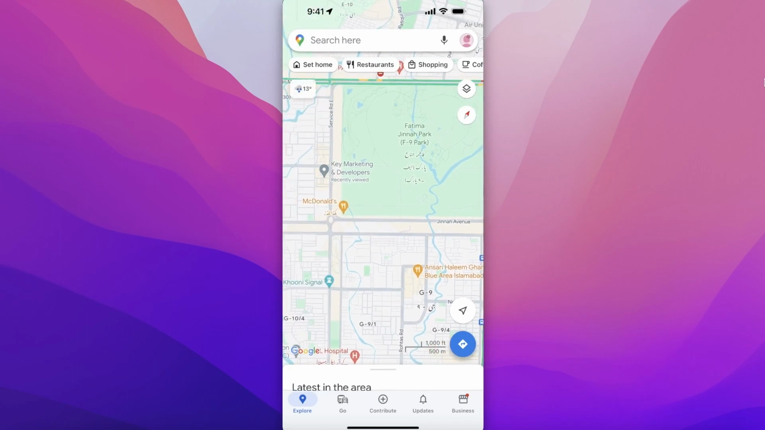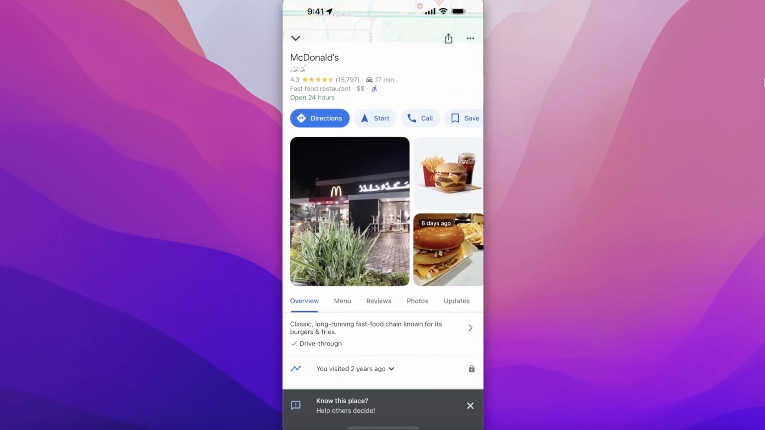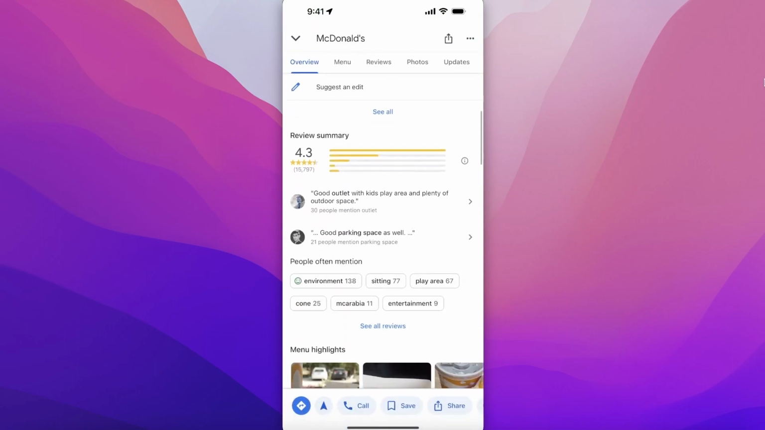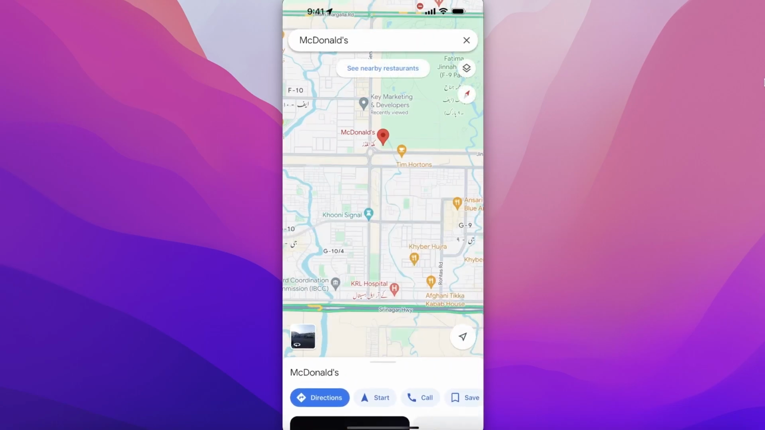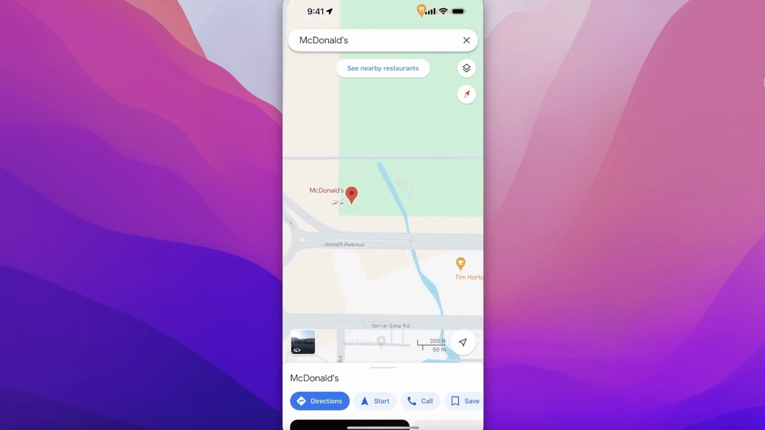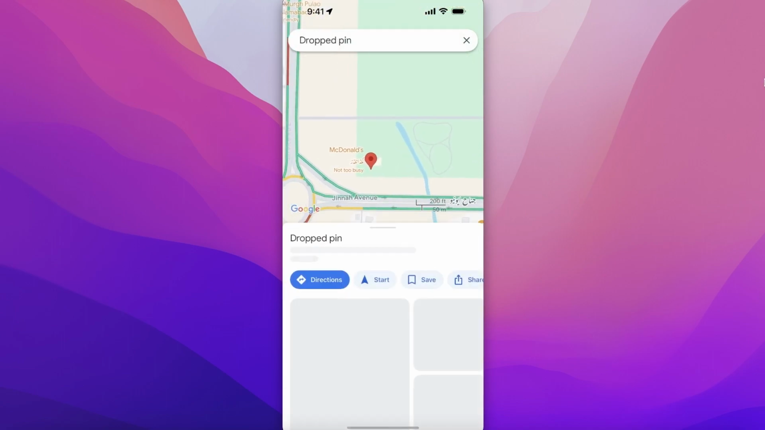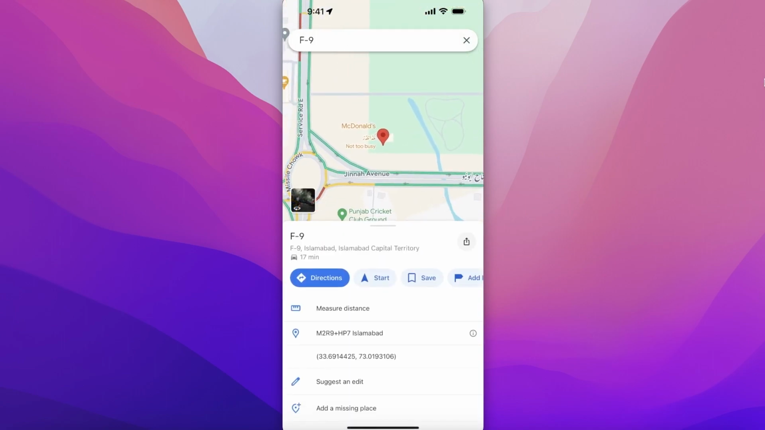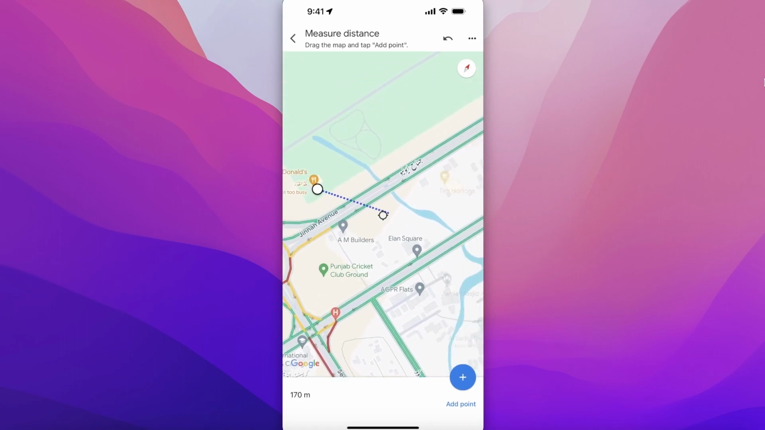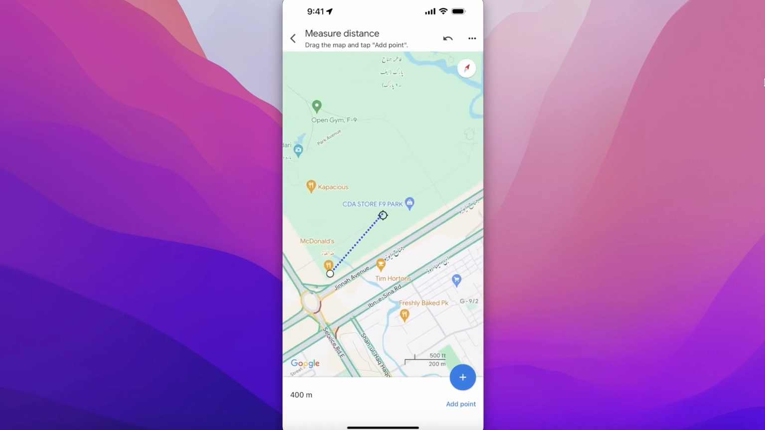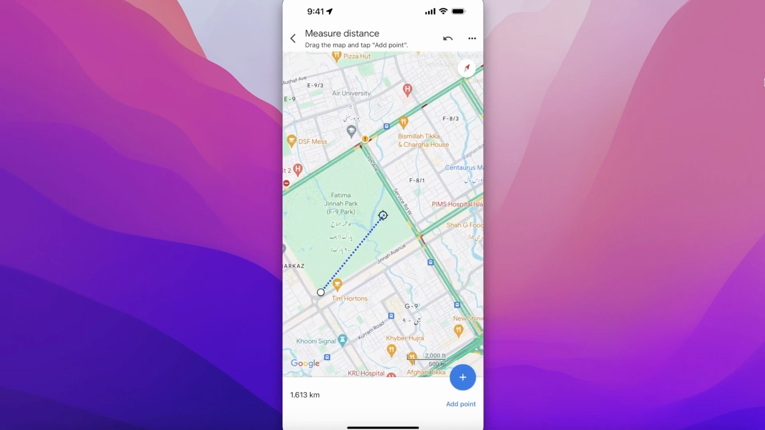So what I can do is I can click on McDonald's, and if you scroll down, you will see the entire listing over here. But what I'm going to do is I'm just going to take my pin and just drop it right beside. Now, once you drop your pin on the particular location, you have this option called Measure Distance. So click on Measure Distance,